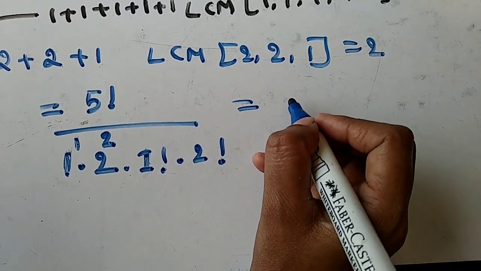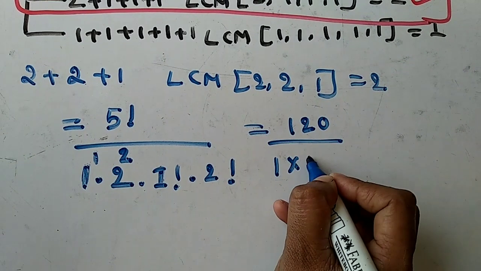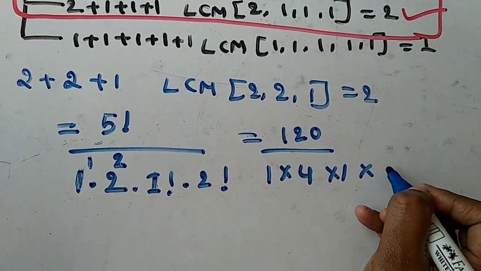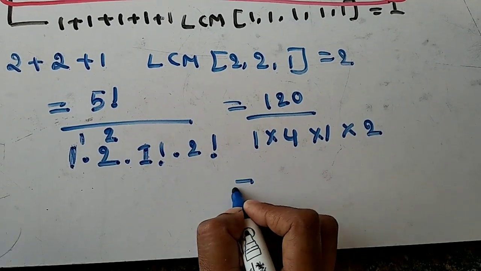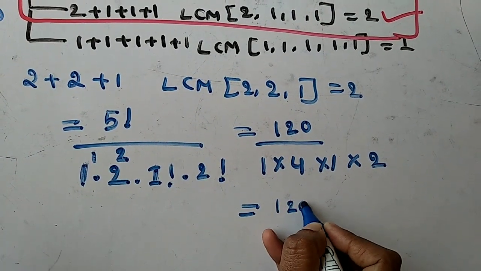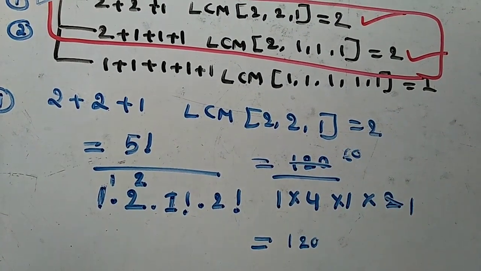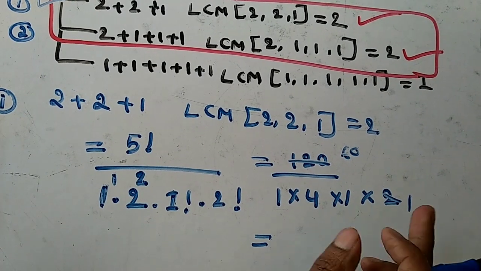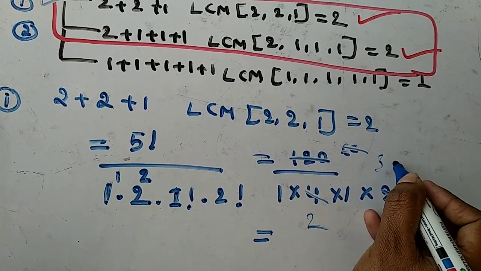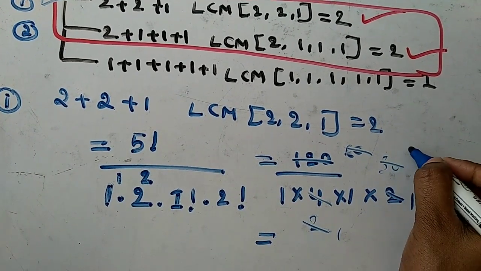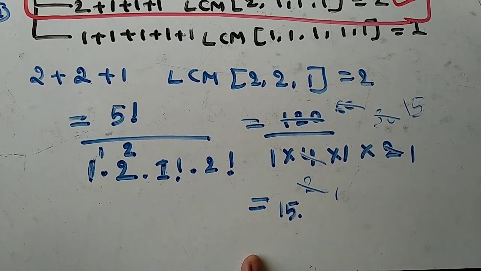5 factorial, which is nothing but what? 120. So next 1 raised to 1, 2 raised to 4, and this is 1, and this is 2 factorial, which is also what? 1. Okay. So next 120, otherwise just 2 ones are 2 60s, right? Yes, 2 ones are 2 60s. So next 2 twos are 2 30s and 2 ones are 2 15s. So here we get our answer as 15.